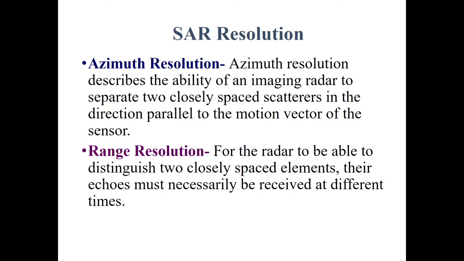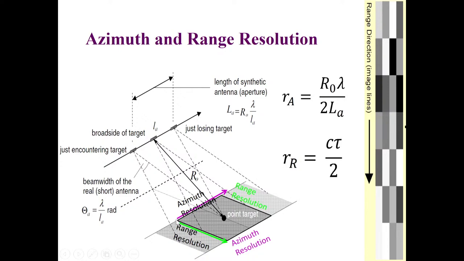The length of the resolution cell in the azimuth direction will be known as, like here if you see, the length of this cell is in the azimuth direction. So this will be known as the azimuth resolution, and the green line is representing the range resolution, the direction in which the SAR sensor is transmitting electromagnetic pulses. So the length of the resolution cell in this direction will be known as the range resolution. Now,